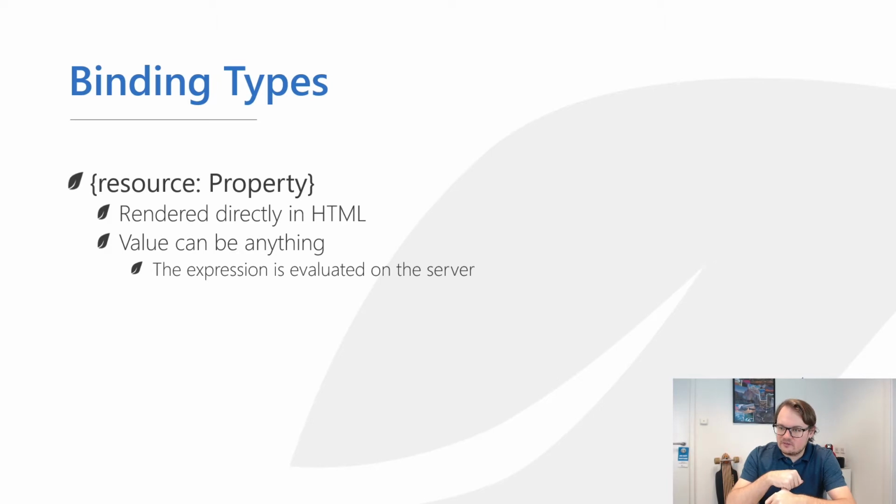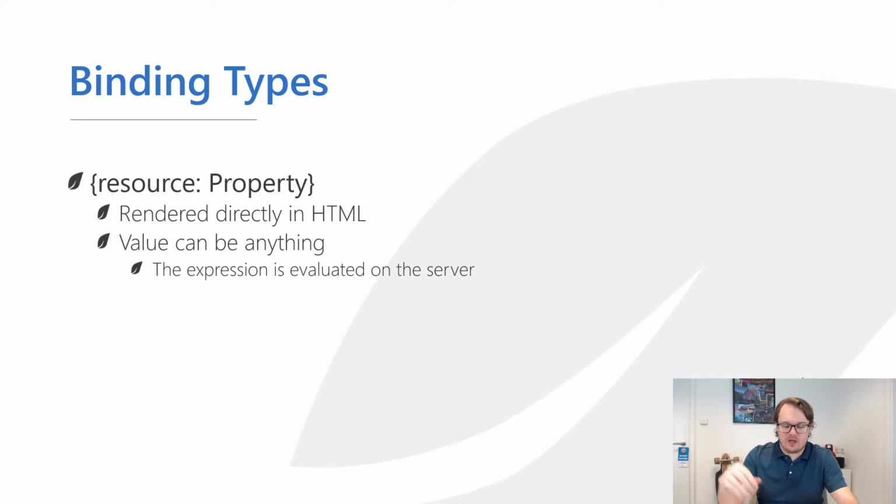You can call static functions or access static properties like datetime.now or something like that. You can use it to get text from the resource files. That's why resource binding is named so, because originally this binding was intended to just get values from resx files to be able to localize the app. But since the resx file entries are just static properties, we didn't want to restrict this binding only to resource files,